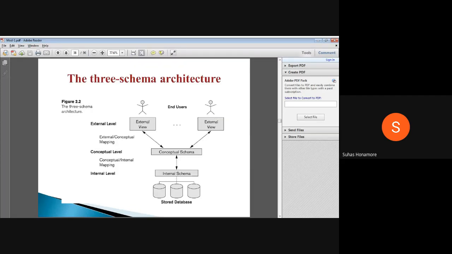Previously we studied end users, and we had four categories: casual, parametric, sophisticated, and standalone. So we had four different users. They use different things, but the same data was there.